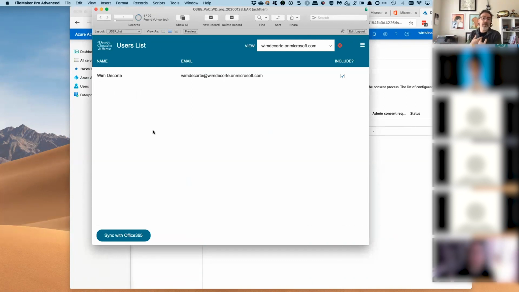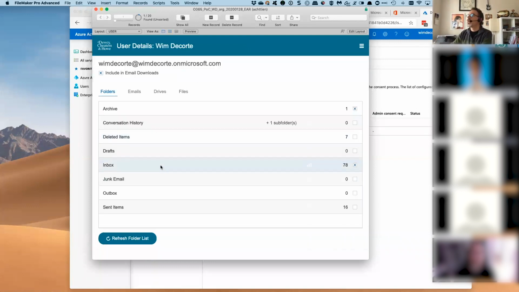So as a FileMaker developer, I know exactly who logged in, right? Obviously I would know probably because they logged into FileMaker to begin with, but I have another check there that I know exactly what the user used to log into Microsoft. So I have their email, so I can just look them up in my list, because I have about 20 accounts, email accounts, not Office 365 accounts, but email accounts in there. So I can go there, and